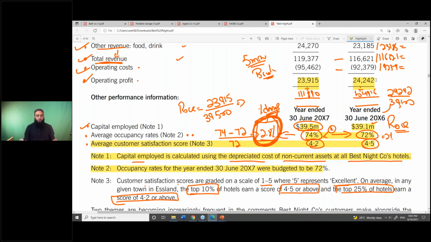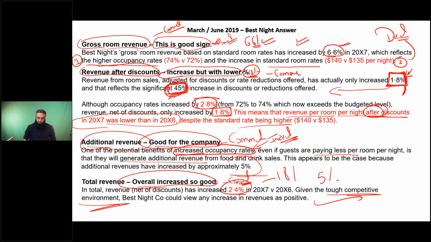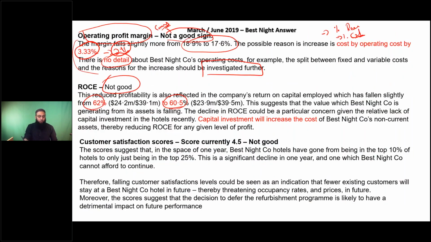Scenario also mentioned that. Indirectly, you can even figure out that. So you can see from 62 to 60.5, this suggests that the asset investment that you have done is one of the reasons, as you just saw here. Plus your profits have gone down, reduced profitability. So one reason is the profitability, second is the